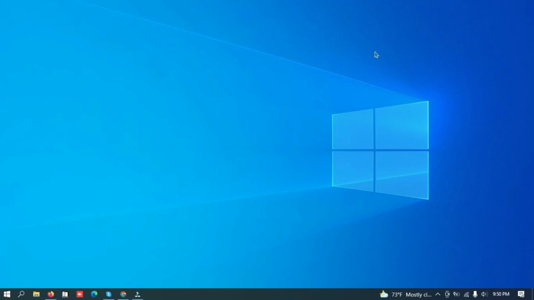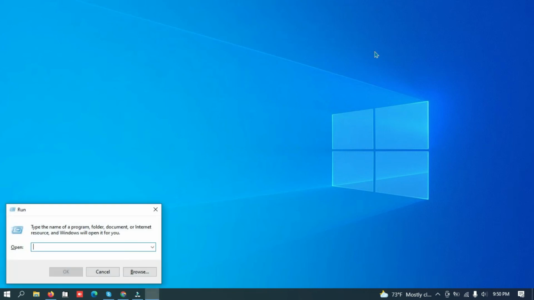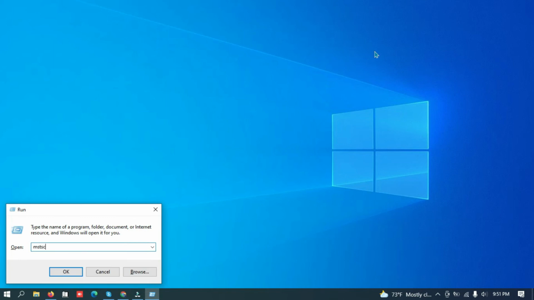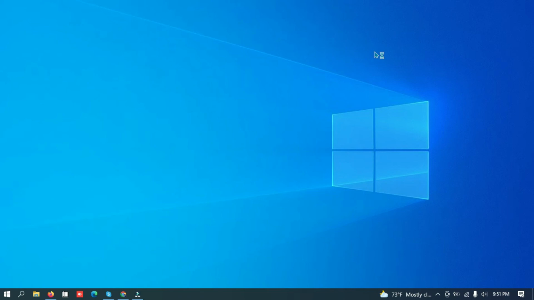Press Windows plus R. Look at the display, the Run option came up here. Now type the first command, mstsc. Now type mstsc and click enter.